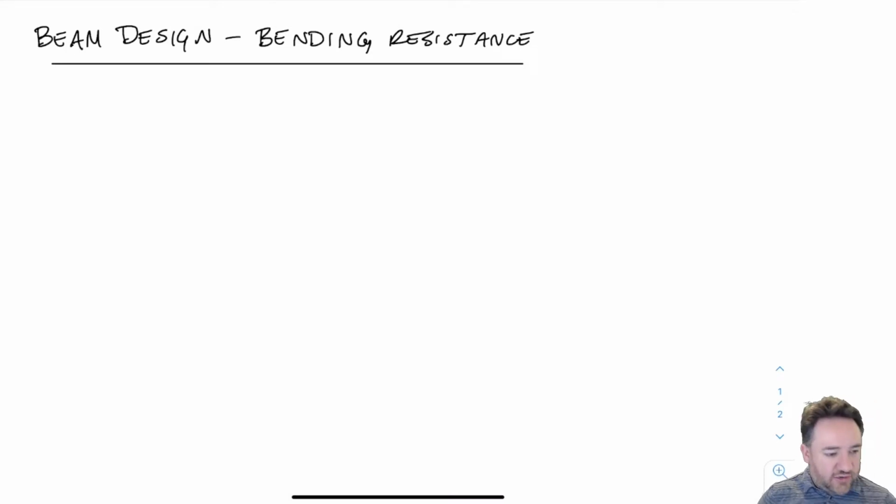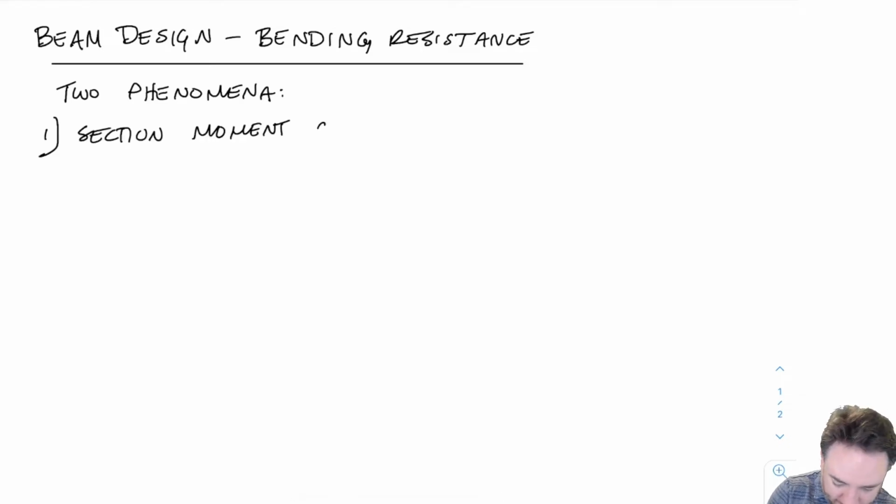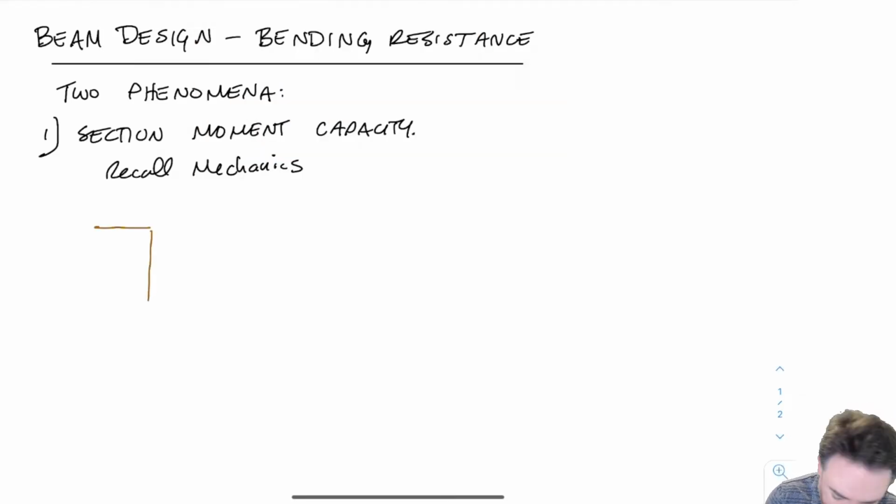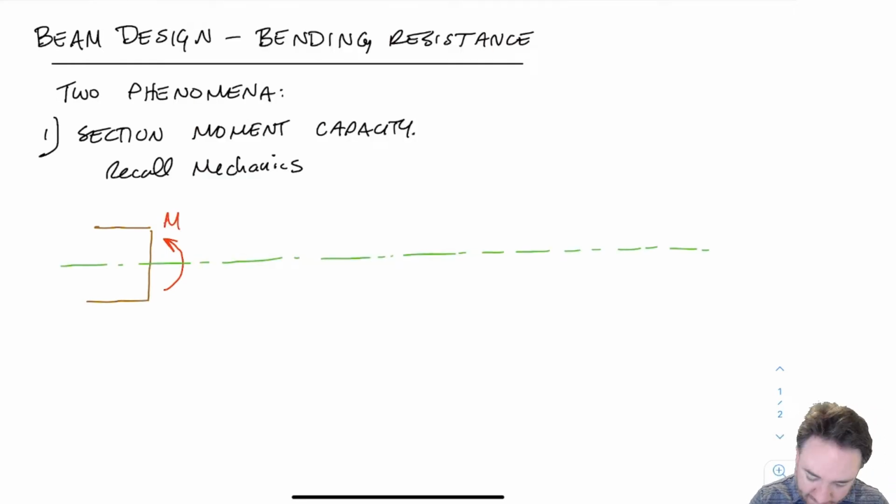So as I said, there are two different phenomena that we are looking to find the strengths for when we're calculating bending resistance in timber. Okay, so the first of these two is the section moment capacity. And by section moment capacity, I mean basically local moment failure caused by stresses in the fibers, the stresses that